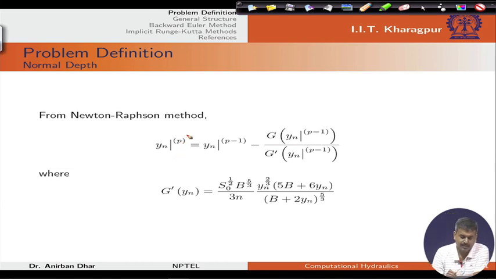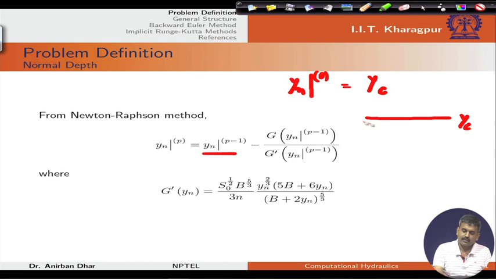This p is the iteration count in this case. So, yn(p minus 1) is coming from the previous iteration. So, we can start with yn(0), and maybe we can start from the yc value, because we have already got the yc. If we have this yc value, then either the NDL will be on the upper side or lower side of the CDL location. So, it is safe if we start from this yc, which is the guess value for the normal depth